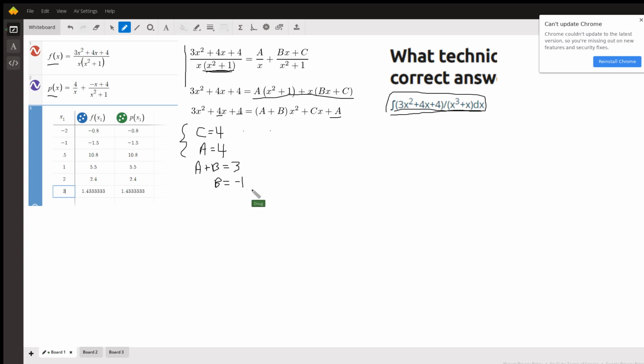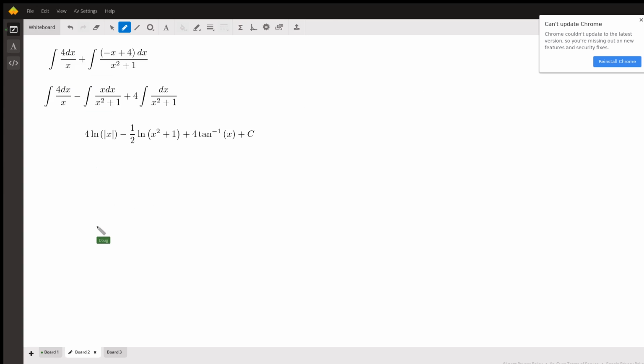And that means b has to equal minus 1. And this table kind of proves that that partial fraction decomposition is correct. I selected values of x and they equate to the same values. Okay, so what we want to do is find the antiderivative